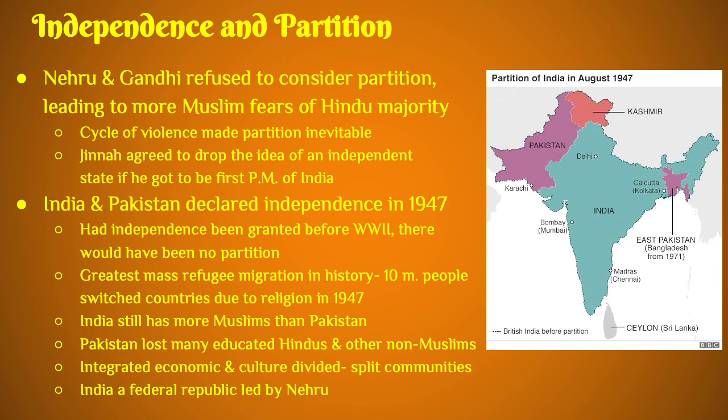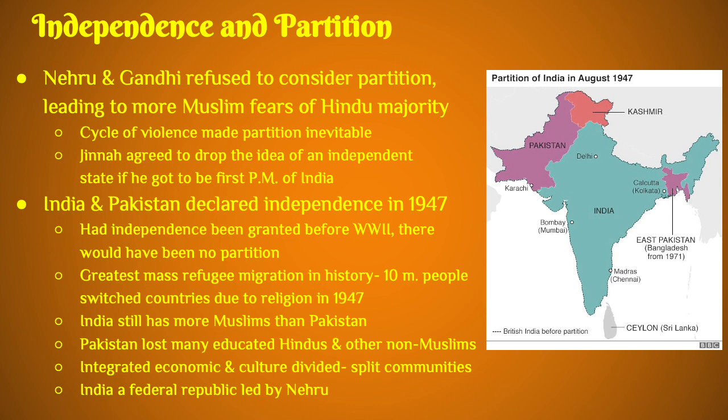I'm out of here. And some were going in the other direction, although to this day, India still has more Muslims than Pakistan. When you rank countries on earth by the number of Muslims who live there, India is the second largest Muslim country on earth, even though it does not have a majority Muslim population. It's 250 million Muslims in India today. India, again, is still a very multi-ethnic society, unlike Pakistan.